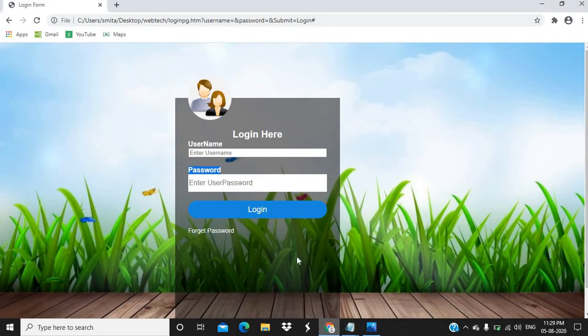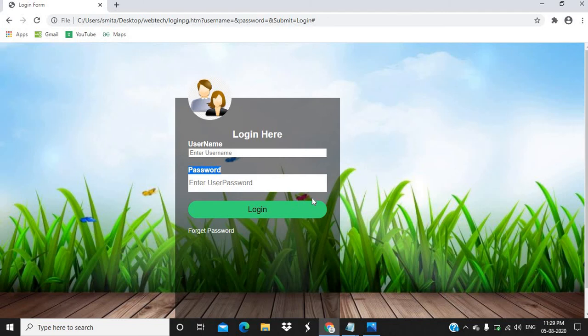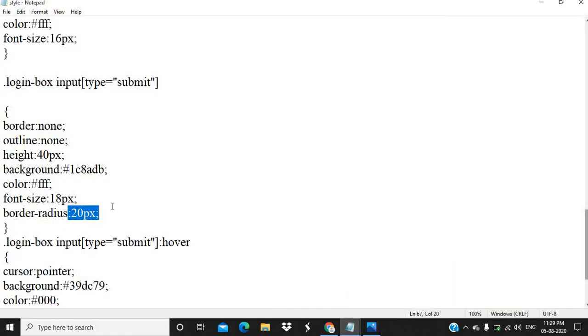Next option is a submit button. Now for submit button, you can see over here, this is my submit button. So I have labeled it as login. Now over here we are giving the border and outline none. If you want, you can put the border, that is of course in pixel size, color, font size and the radius. Radius is nothing but, you can see over here, this is a round shape which is coming over here. If you want, you can give it through the radius option.